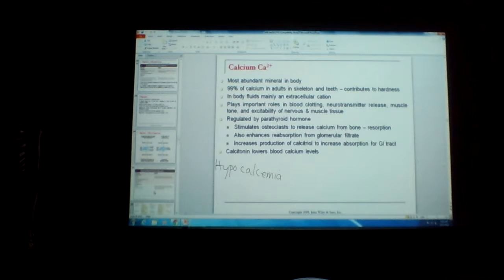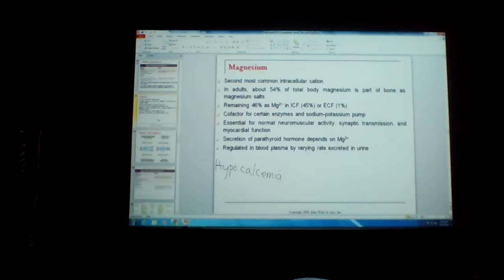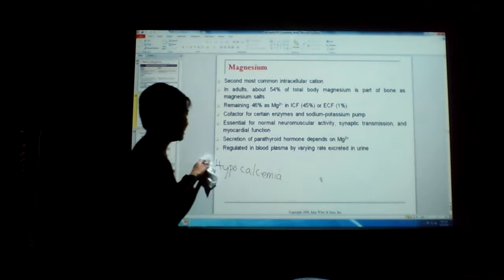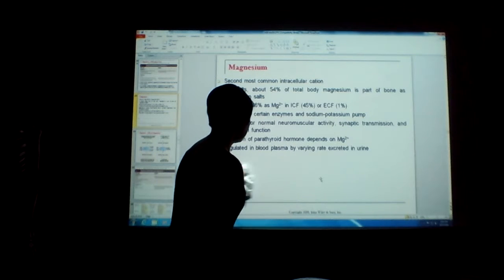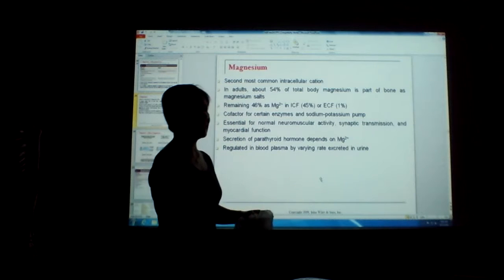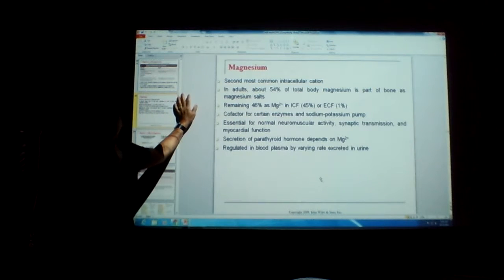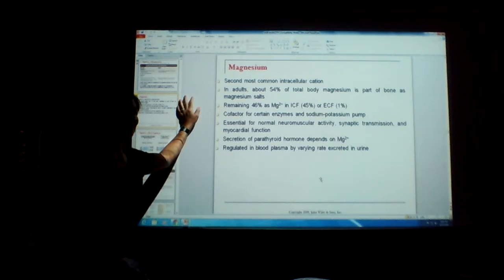The last electrolyte I want to touch on is magnesium, only because it's one of those electrolytes that I think we neglect, but it is very important. You know of Epsom salt, right? When we have muscle aches, they say lie down in a hot tub with Epsom salt, which is magnesium sulfate. So with magnesium, automatically think muscle, skeletal muscle.